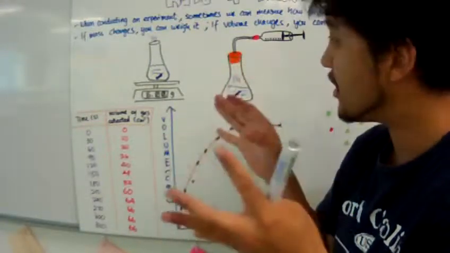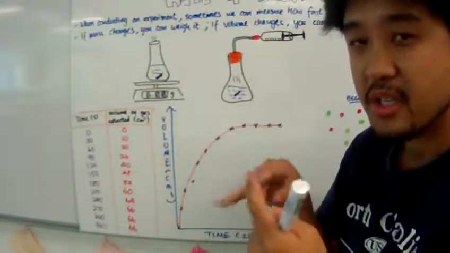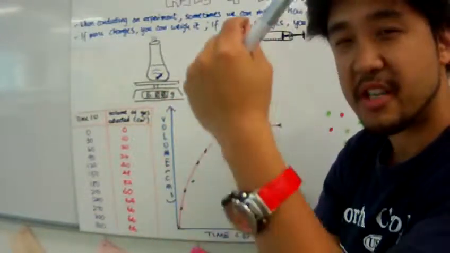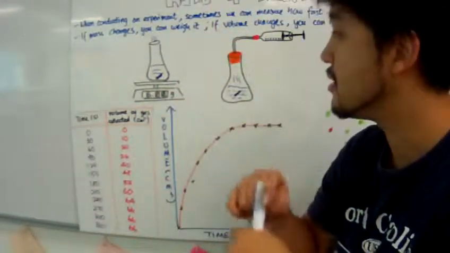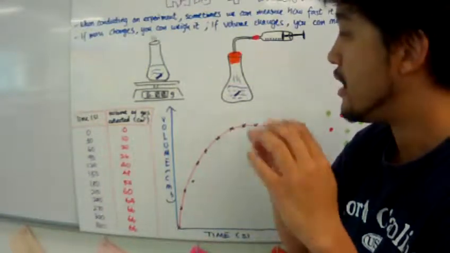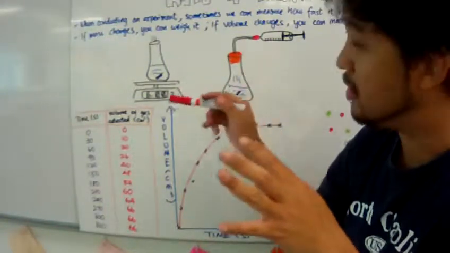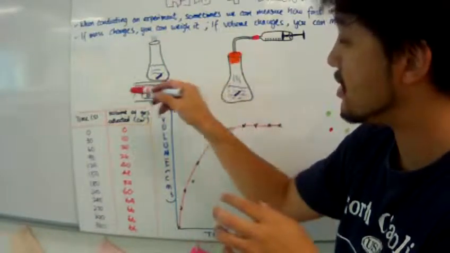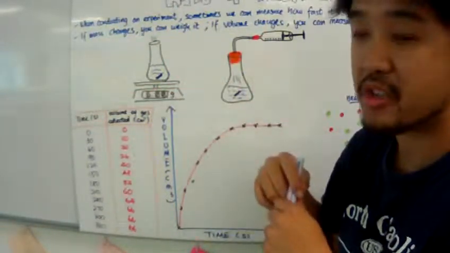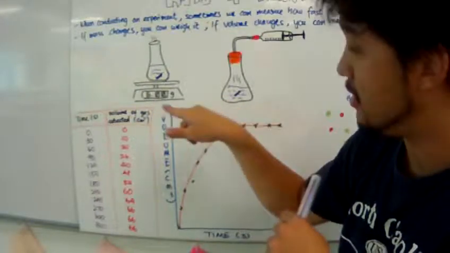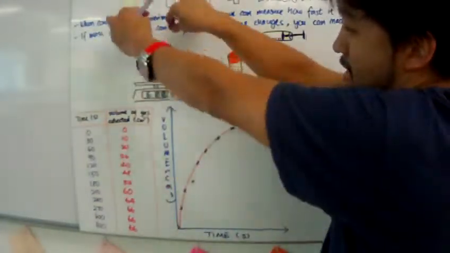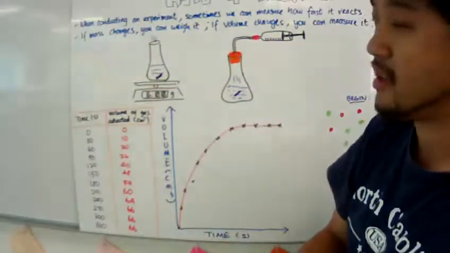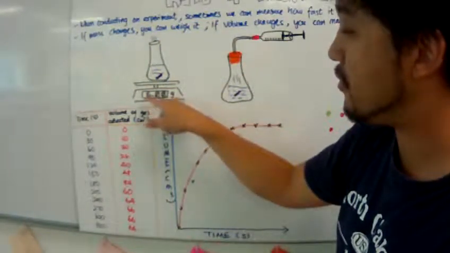Now when we conduct an experiment, sometimes you can measure how fast it's reacting, how fast it's getting from the reactants to the products. Let's take for example a conical flask, a reaction vessel, and we place it on a measuring scale, an electronic scale. We tare it to zero, and when we add our reactants, our beginning substances, at the top and put them in there, you're going to have a readout